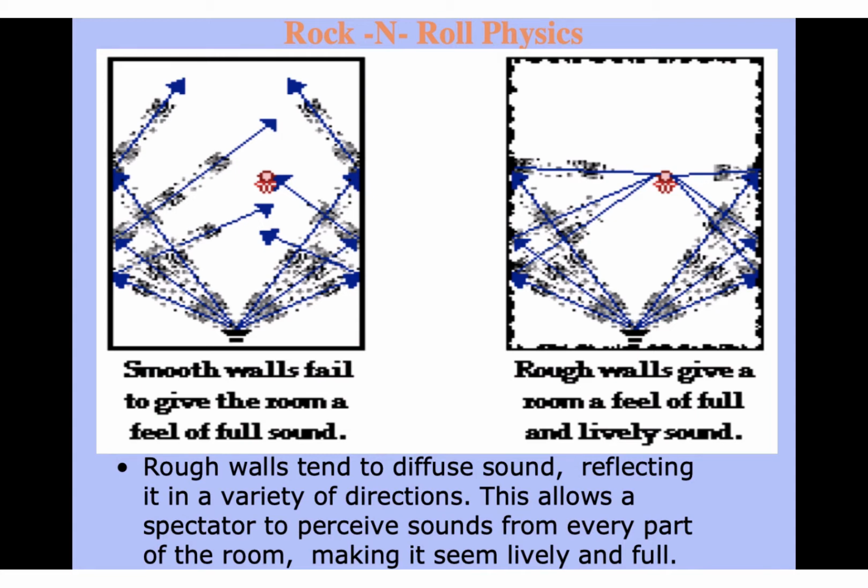If you've ever been to the movie theater, I know it's been a long time for most of us, they always have weird curtains on the walls, right? And what those curtains do is they help diffuse that sound, and they give that sound something to bounce off that's not as solid as a cement block wall like most of those theaters are made out of.